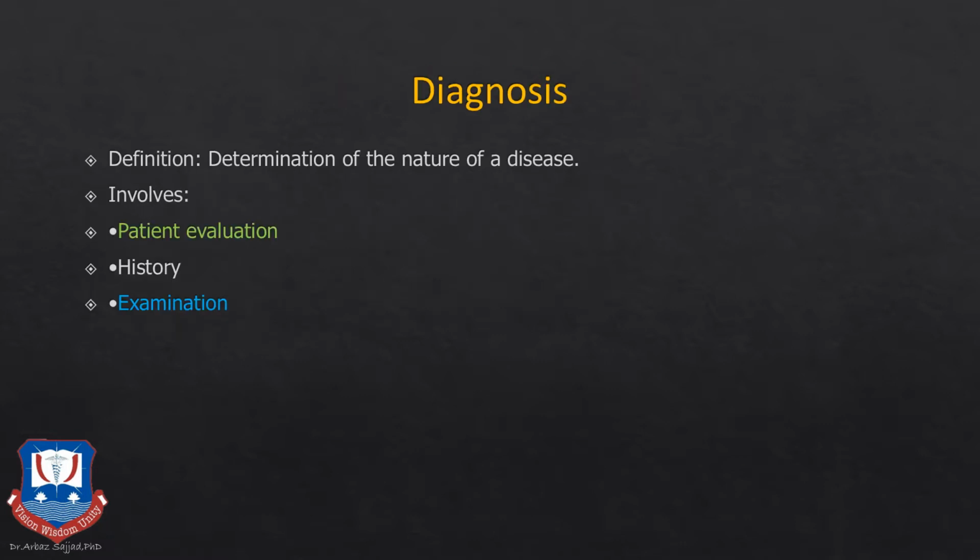Now, coming to the diagnosis part, which is the first section of this lecture, diagnosis and treatment planning. Diagnosis is the determination of the nature of a disease or condition. It involves three key aspects, that is, the patient evaluation, the history taking of the patient, and finally the examination. I have color coded these three things, and this color coding will be followed in each of these three